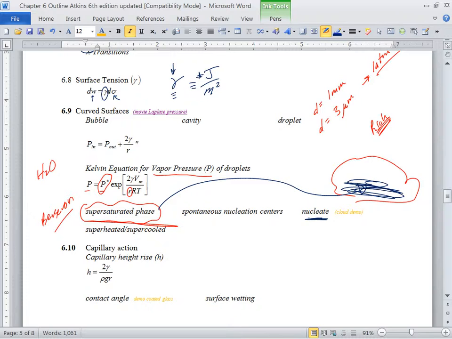Now I need some wind, pressure differential. So if you can't see, you might want to move. So what's a cloud look like? Should look cloudy. Well, kind of, maybe, right? What's missing are spontaneous nucleation centers, right? Or nucleates. I forget, there's another word for it. But what I'm going to use